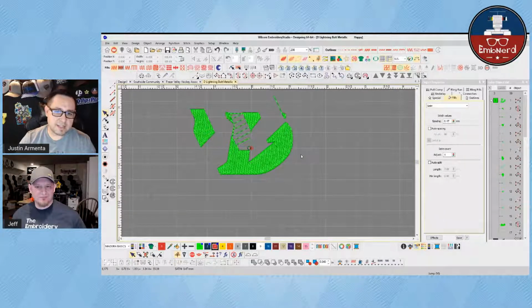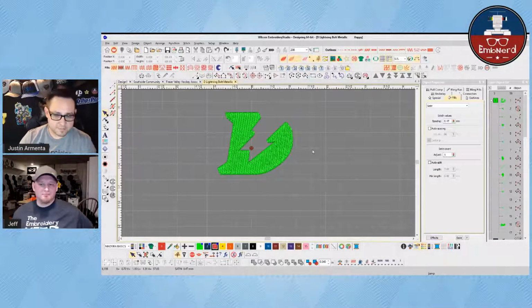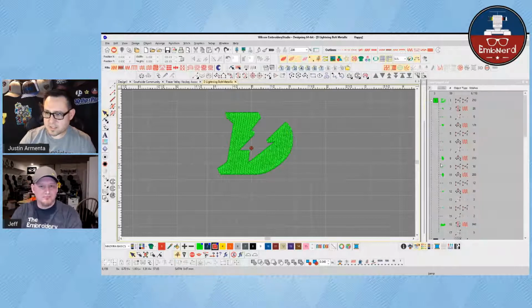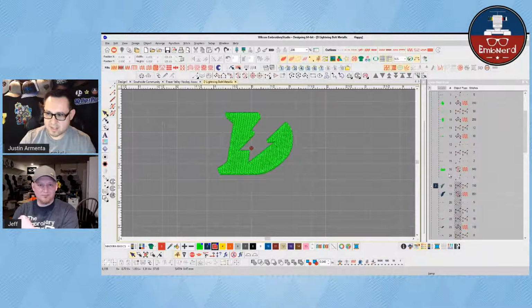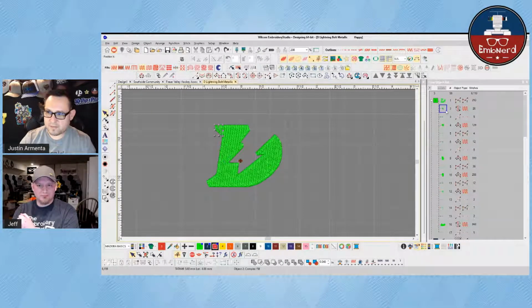A lot of times that's a drawback too, where it's not just a matter of taking this design and putting it on a beanie or a golf towel. I know the fill stitches are going to need a little more density and underlay. You can't just grab one object, change it, and be good to go. If you look at this stitch list over here, instead of being just one object with the settings you set, this has 17 different elements in it. So now you're trying to find all your fill